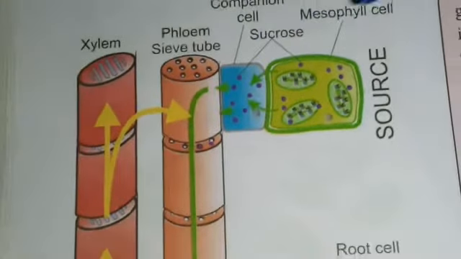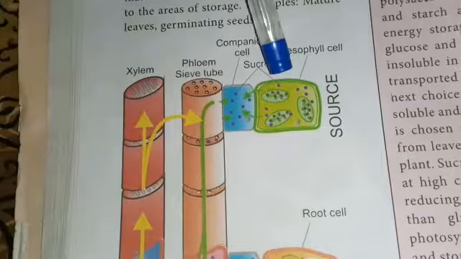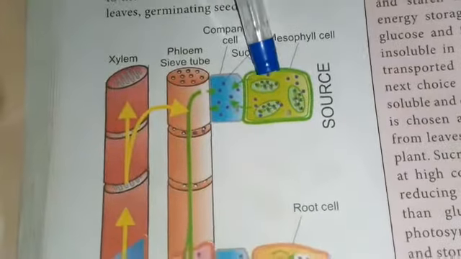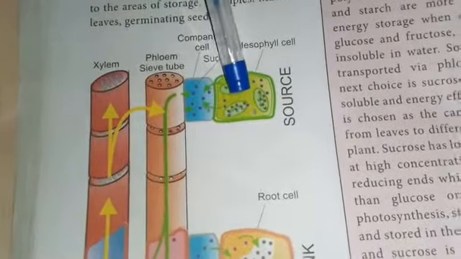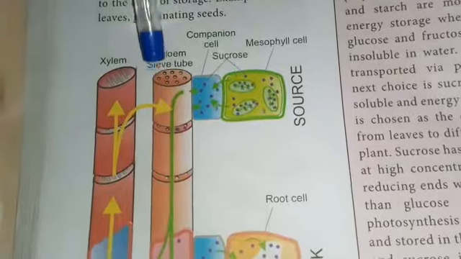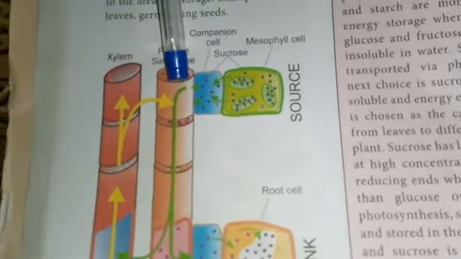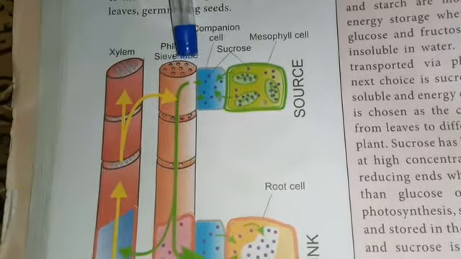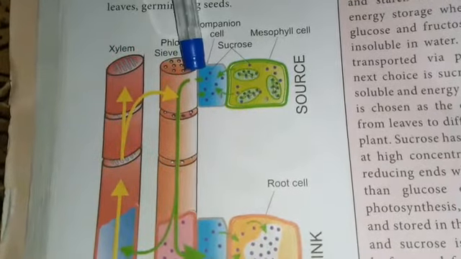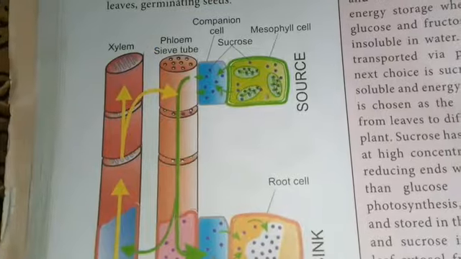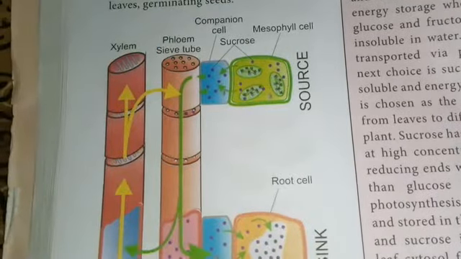What do we mean by phloem loading? The movement of the starch from the mesophyll of the leaf in the source to the phloem sieve element, that is the food conducting element of a mature leaf, is known as phloem loading. It consists of 3 steps. The phloem loading consists of 3 steps.